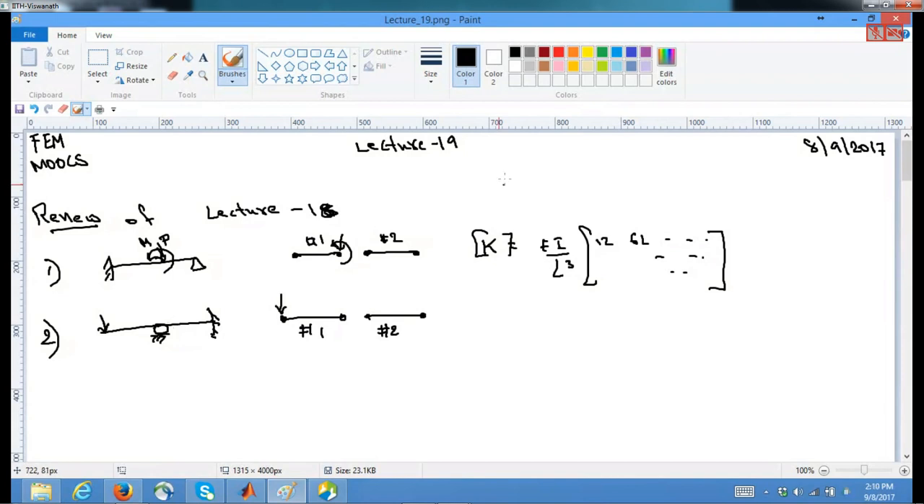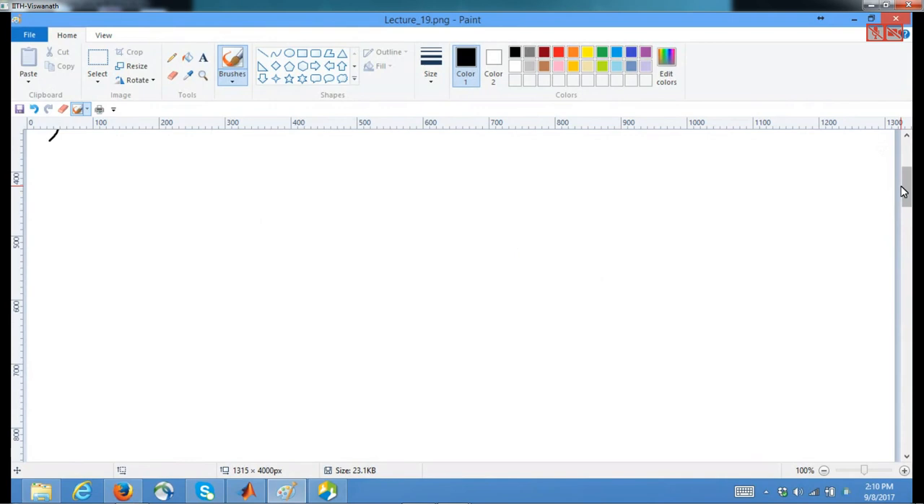Then the third one, which we will also be doing today, is the uniformly distributed load. So let us solve the same problem again today. Let us take a cantilever beam and apply some W. This is of length L